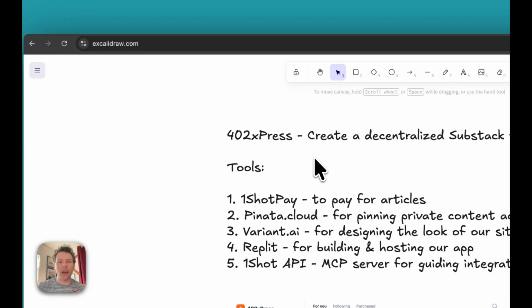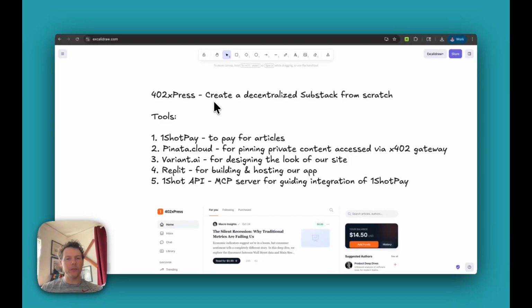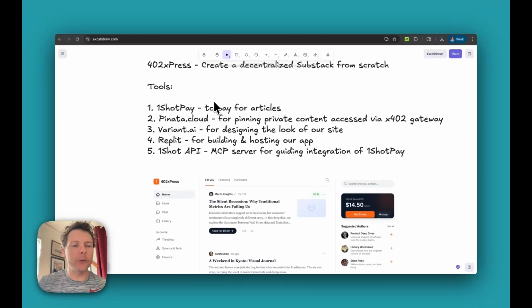And I've got an outline for us today. We're going to be building an application called 402 Express, which is going to be a decentralized version of Substack. And in terms of the tools that we're going to be using, One Shot Pay to pay for premium articles from our decentralized Substack. And the article content itself, we're going to be pinning to Pinata Cloud, which has a